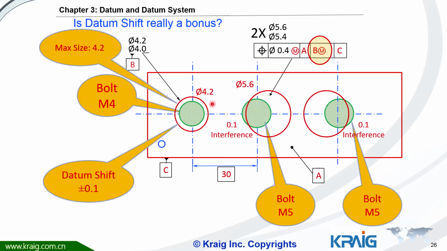So can we move this datum B to the left or to the right to remove the interference as we did before? So let's move it to see how we can make this M5 and M5 mounted at the same